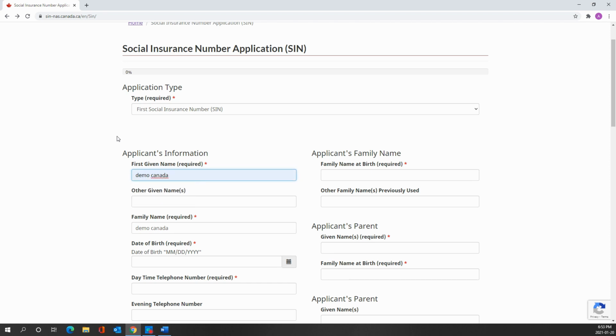For the name difference, you need to put a supporting letter, which is a notarized copy. For a name change, you need to make an affidavit. But here, if you don't have your last name in your passport, that's why you are putting not applicable, or both names are the same. So even if you write a simple letter for the name change explanation in Word and print that out, sign it, and upload it, that will be fine. So here is the example of the formal letter.